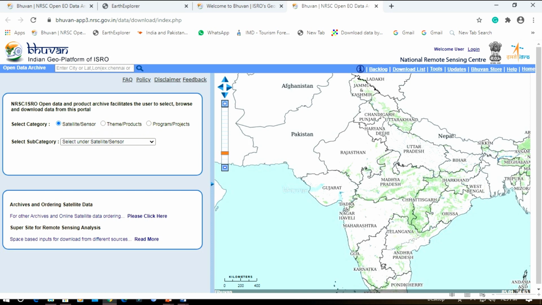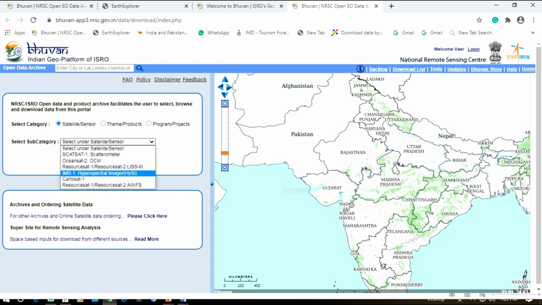In this way you select sensor, then which sensor you will need, then Cartosat. First Cartosat 1, OceanSat 2, ResourceSat 1 or ResourceSat 2, LISS 3, Hyperspectral image, Cartosat 1, ResourceSat 1 or ResourceSat 2, AWiFS.